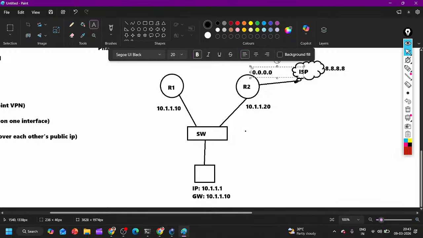Right. So on both the routers you will configure one default route. Here, the default route towards ISP, and on router number 1, the default route towards which router? Towards R2. If I am going to ping 8.8.8.8, can anyone tell me the packet flow